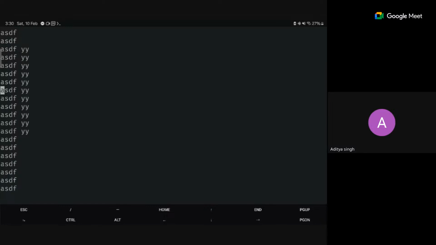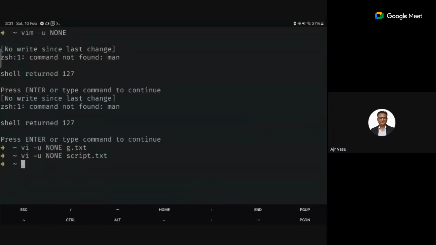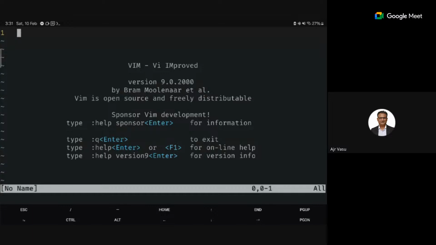Sir, can you please repeat that? Can you clean everything and start from the beginning and show that? Yeah, just clear all of it. Okay. This editor will be much better because you can see the line numbers I am on.